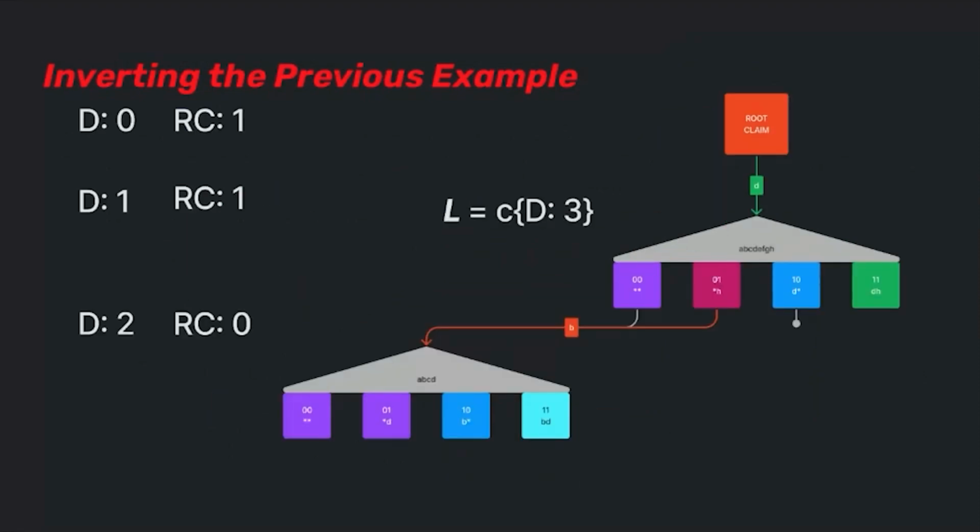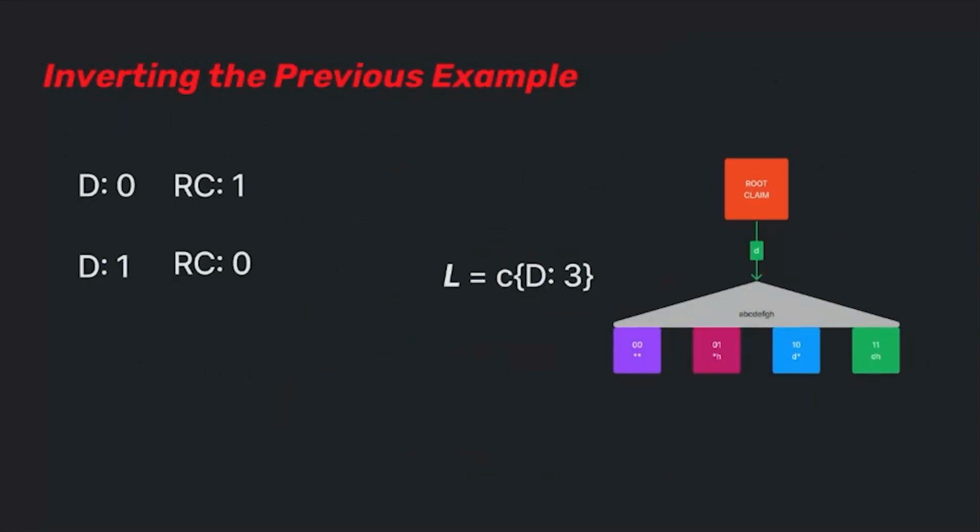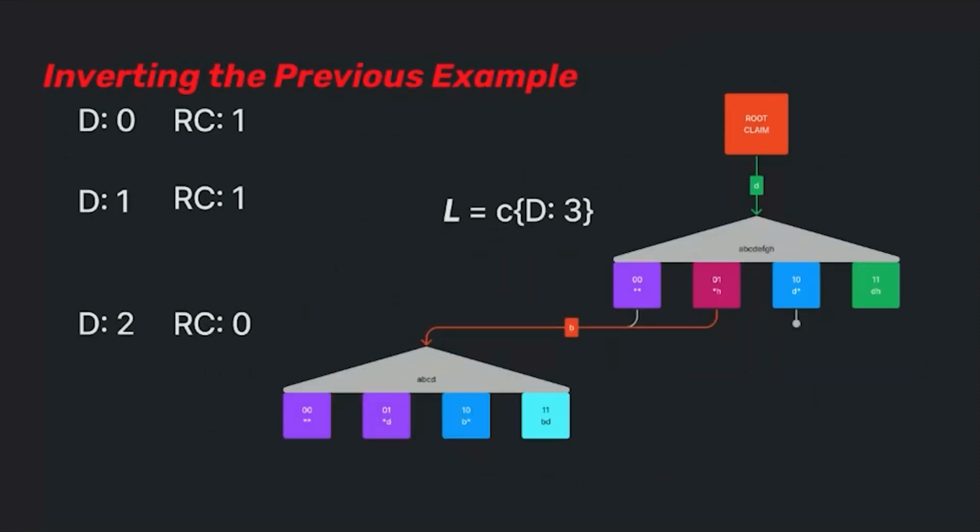So now we have L is equal to C at depth 3, and we keep going. This one was countered, so we can't set L. We keep going up. We decrement the parent's reference counter. This one also had the counterclaim attached to it, which was B, so we can't set that to L either. Keep going up. And so we can resolve this game now, right?